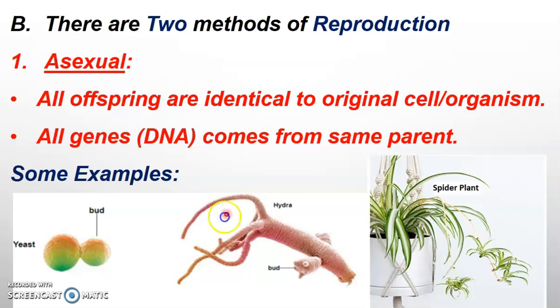Same thing here in a hydra that you can find in the oceans. It actually is an animal, all right, but it does not go through sexual reproduction. It just has these little appendages that bud off and eventually break off and could become a brand new hydra animal as well. Spider plants over here, all right, they don't do budding, but they do cloning. All right, and that's going to be called vegetative propagation on the next slide,